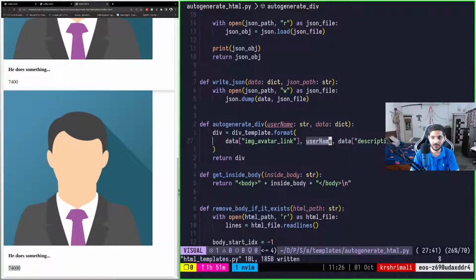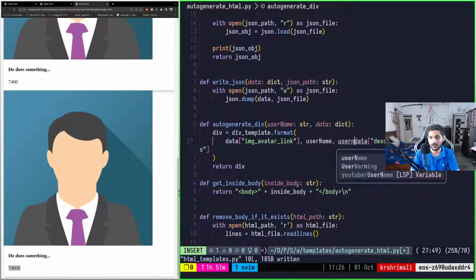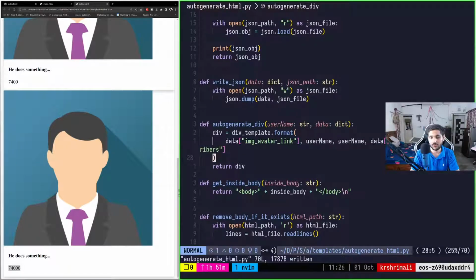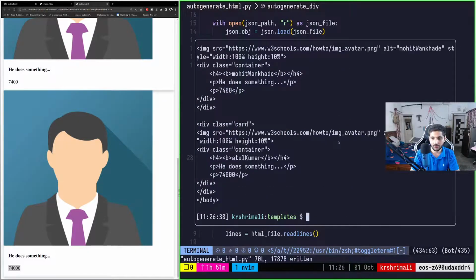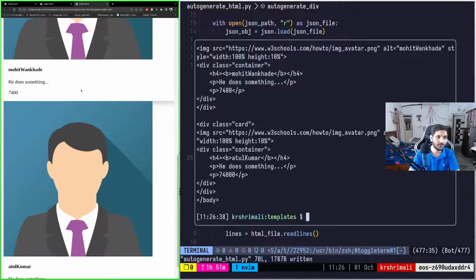Username, okay, the username went into alt. So we also need the username here. So this is good, right? Now let me auto generate it again, and if I try to refresh it, you see